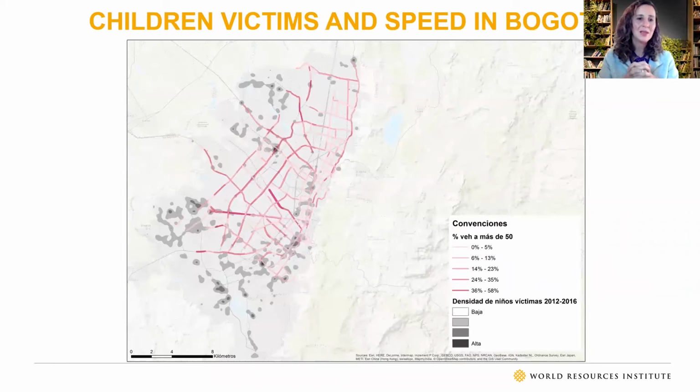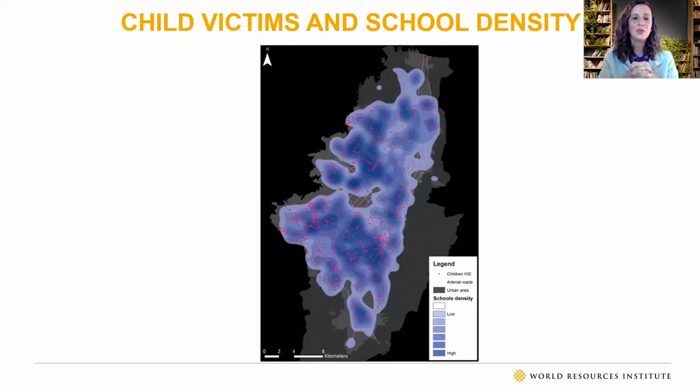This is one that is extremely sad: children and high speeds, which you see again overlap very much and is related to school density. So when you have schools, we cannot turn a blind eye to what is happening with these children, but rather we have to help make those school areas, which is not only where the kid crosses the school, but the neighborhoods they are commuting from, safe.